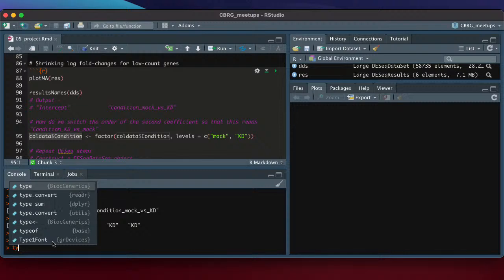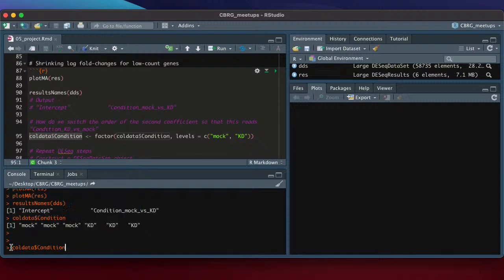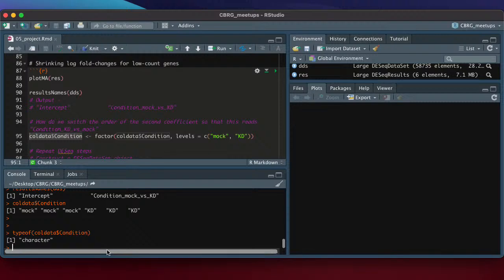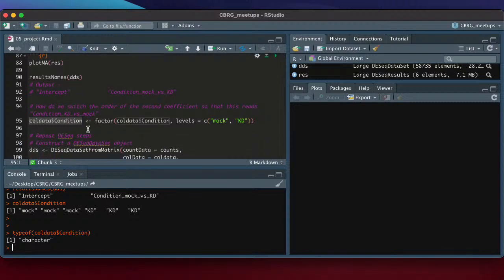Let me try another thing. I'm glad I did that. So I thought it was a factor, and we just had to reorder the factor. Actually, it's not.